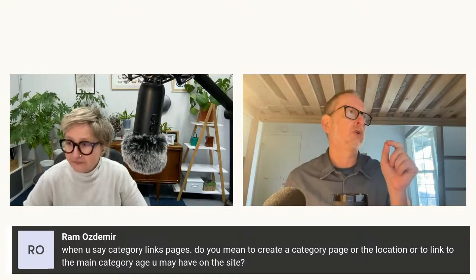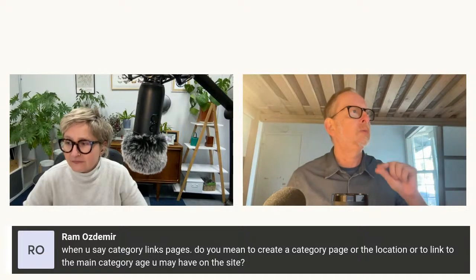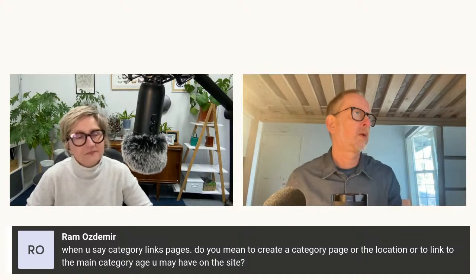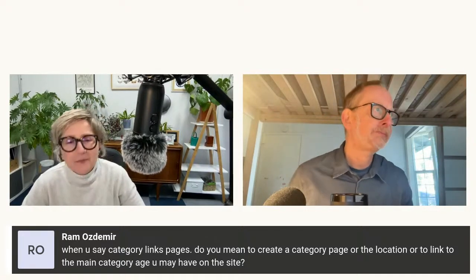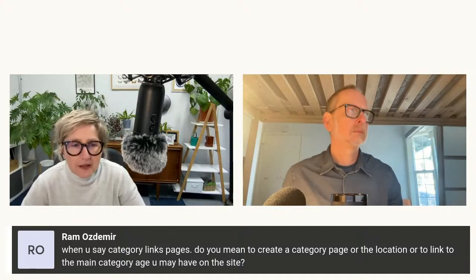That's going to be your clue as to which page to create and which one to link to. There's no one size fits all. So go and have a look at the SERP, see what Google thinks the intent is and what's ranking. The easiest thing to do is just create a national service page and link to that from every location page. Start with that because it's easy. And then test the other ones.